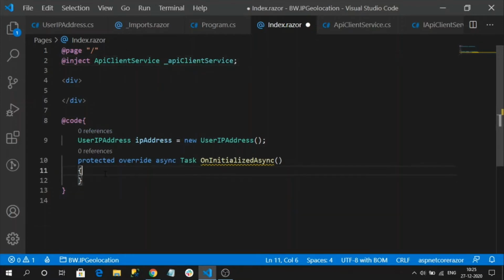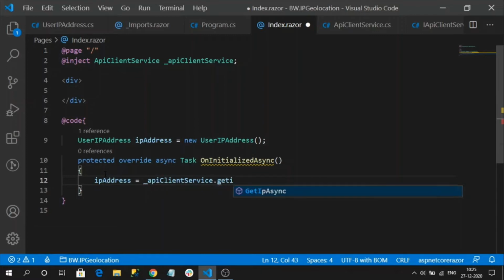Now I am going to invoke my API. I will assign the result by calling the action method for invoking the API call, apiClient.GetIPAsync. Okay, I should have it. Yes.